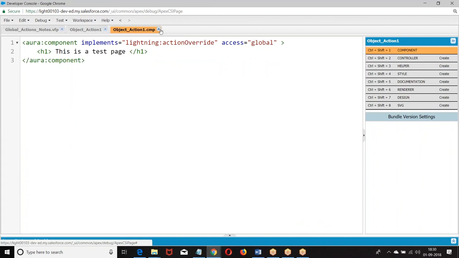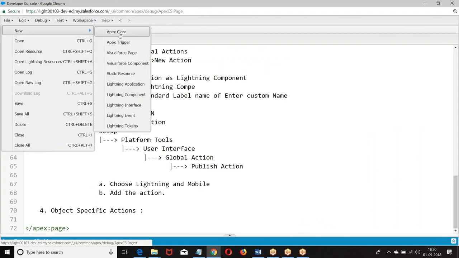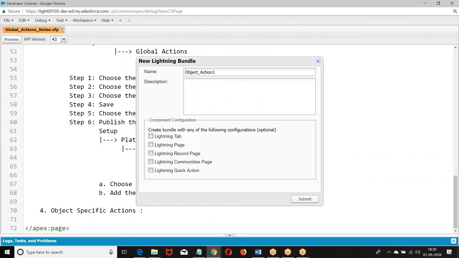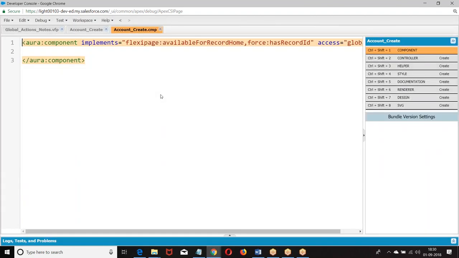File, new component. Lightning action override. So here we are going to create. How do you create an LDS?